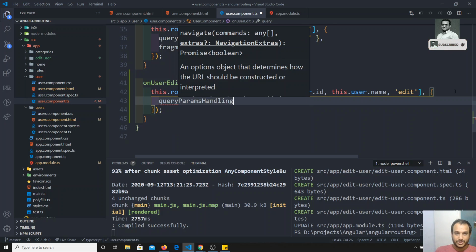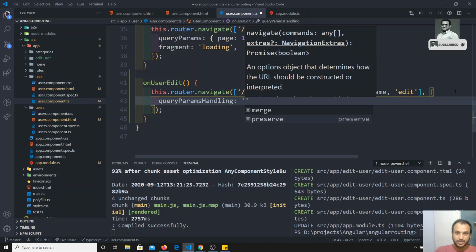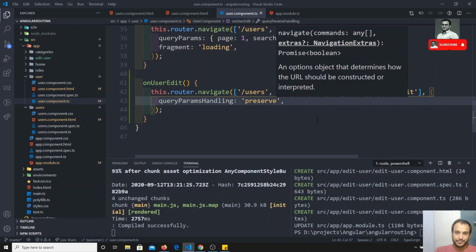Query param handling will take two things: merge and preserve. Merge means whatever query parameters are coming from the URL, it will merge with the existing query parameters. So if you want to pass any new parameters here, it will merge with this one. Preserve means it will preserve the parameters like that only.